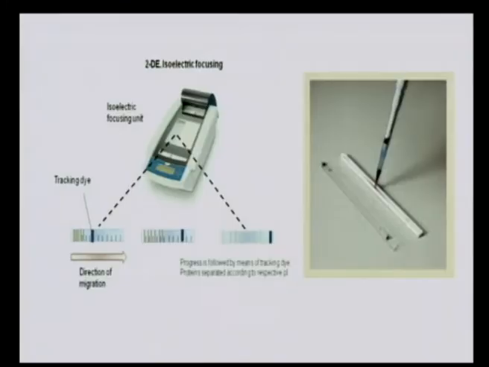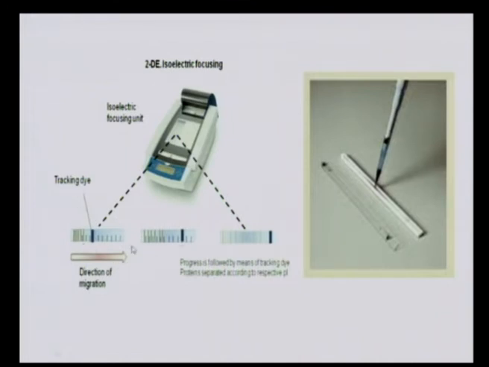Yeah. So in this image, you can see how the apparatus looks. This is the apparatus which we use to perform isoelectric focusing. On the right side, you can see the IEF strips. Just now I mentioned that there is no need to prepare the isoelectric strips manually. Commercially they are available in the market. One can buy and load the sample as per the instructions. And on the bottom side you can see the direction of migration.